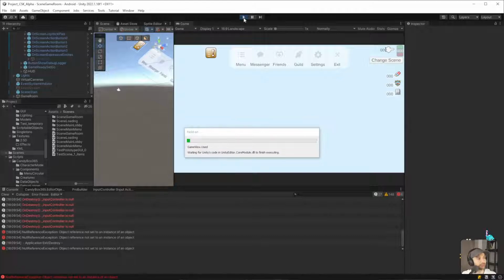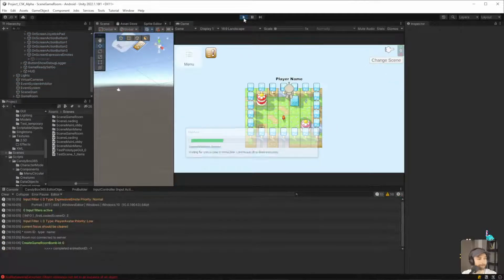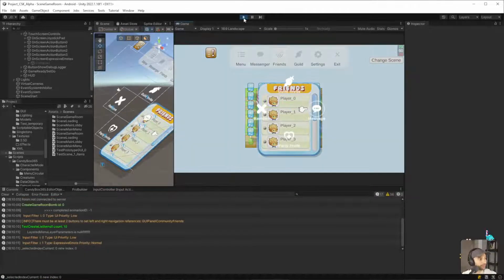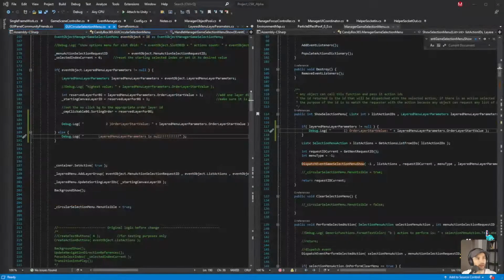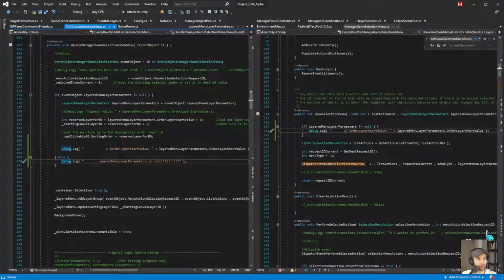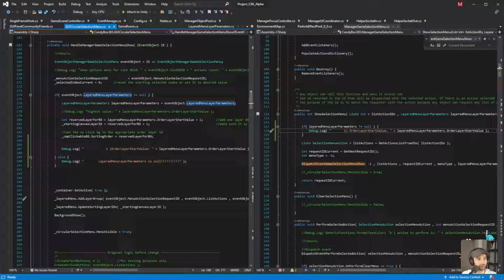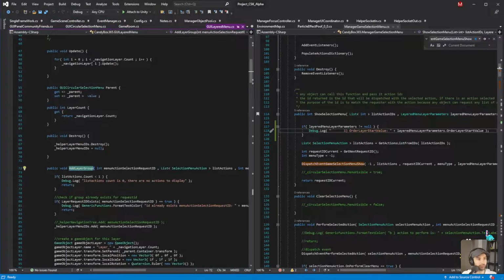So let's see it again. So start, go to friend. Okay, so layered menu parameters is null. So where are you getting that 50 from? Okay, so if it is null, let's go forward. Okay, so we pass it in here, add layer group.